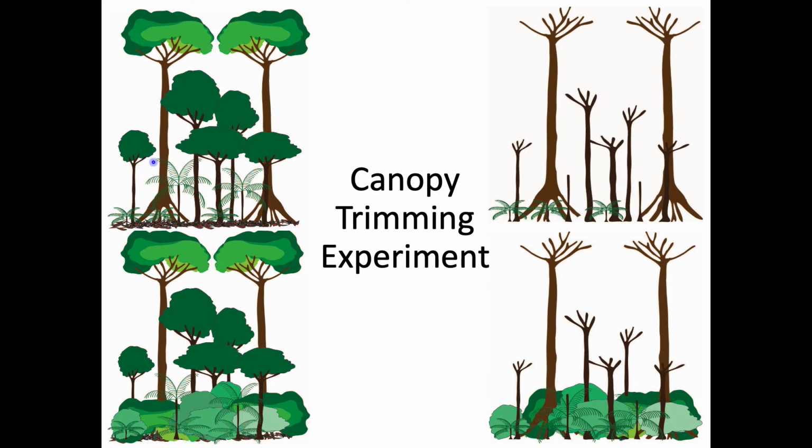So we basically have normal forest, which is the control. We have a trim and detritus addition, which is kind of like what happens in a normal hurricane. This is a situation where you have the effects of microclimate changes due to canopy opening plus the input of healthy, nutrient-rich litter to the forest floor. Then we have a cut plot with no detrital addition and an uncut plot with detrital addition.